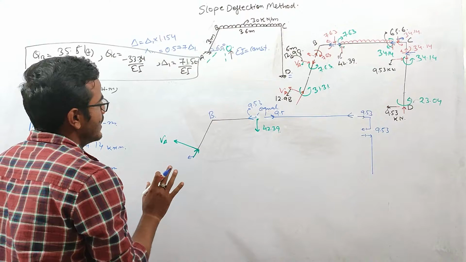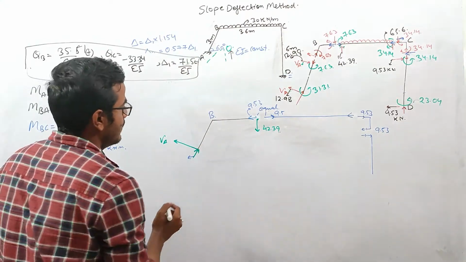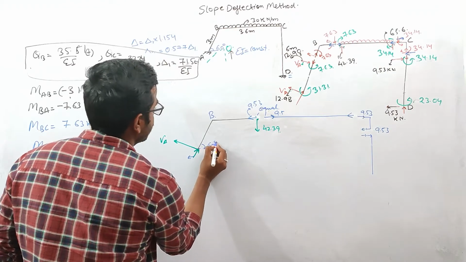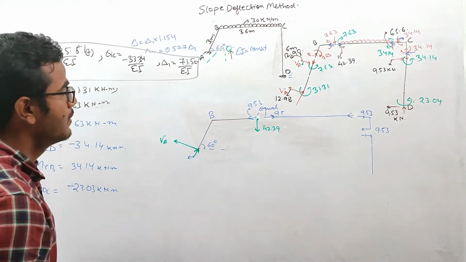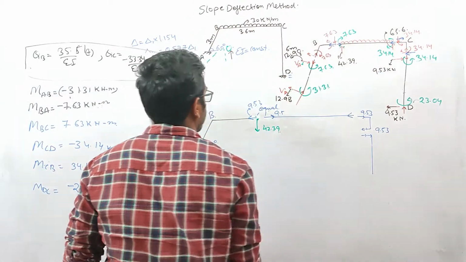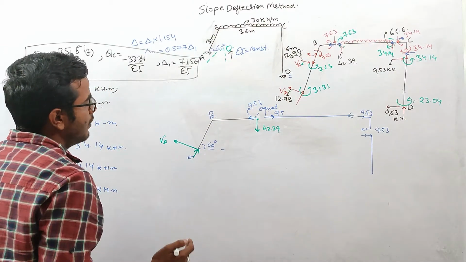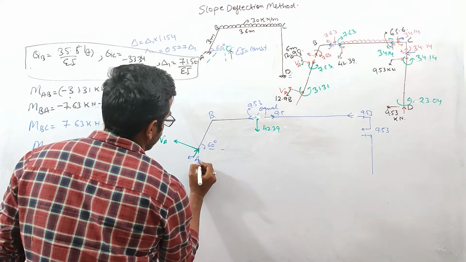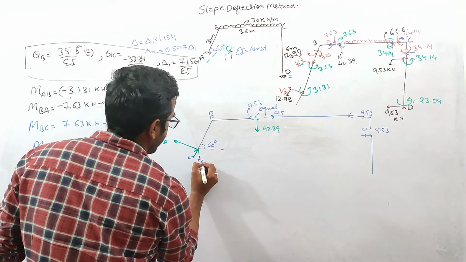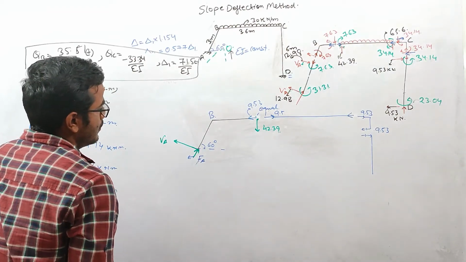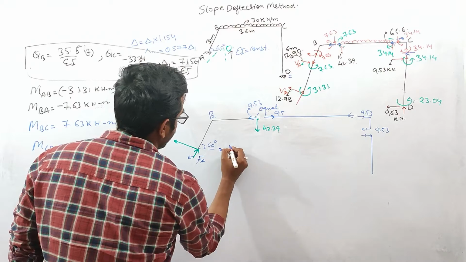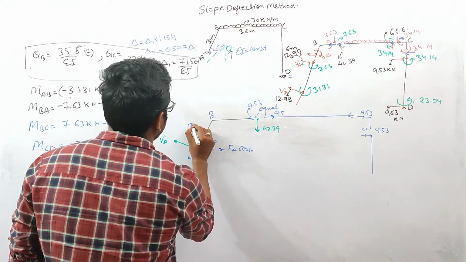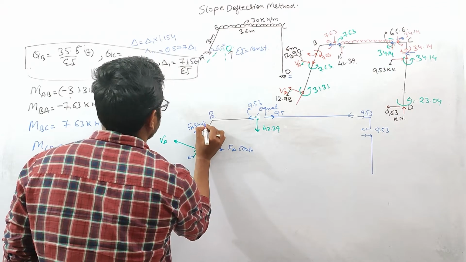Now we will calculate the axial force in this AB member, right? So this angle is basically 60 degree. This is given. We are considering this portion only. So if we resolve this, let us suppose this axial force is FA. In the horizontal direction, one component will be FA cos 60, and in the vertical direction it will be FA sin 60.